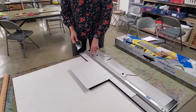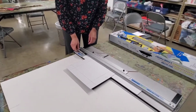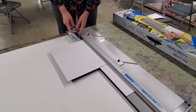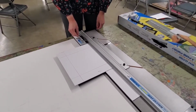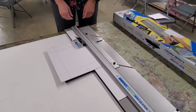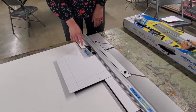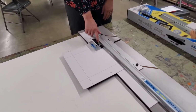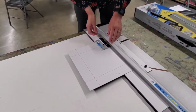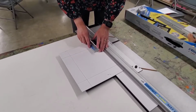There's a little channel right here, and I'm going to hook the little feet right there into the channel. And it still can slide because the cutter itself is not pushed down yet. So I can slide it back and forth as much as I want to, and it's not doing anything. Like I said before, there's a line on the back of the cutter. That line tells me where the blade is going to go down into the mat. So I want to make sure that line matches up with my line right here that I had before